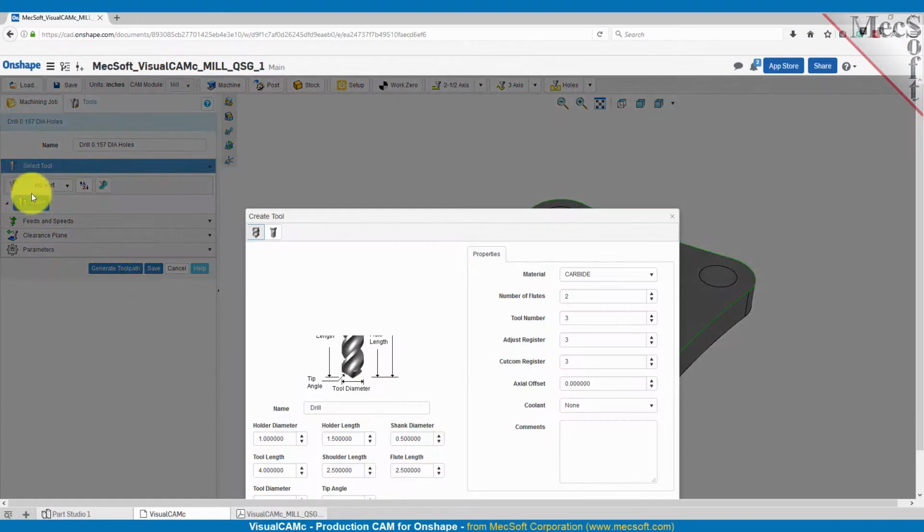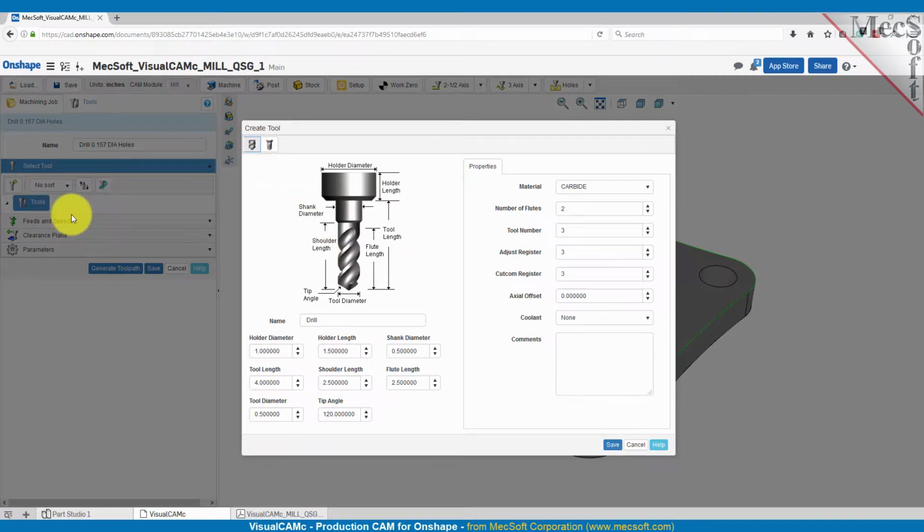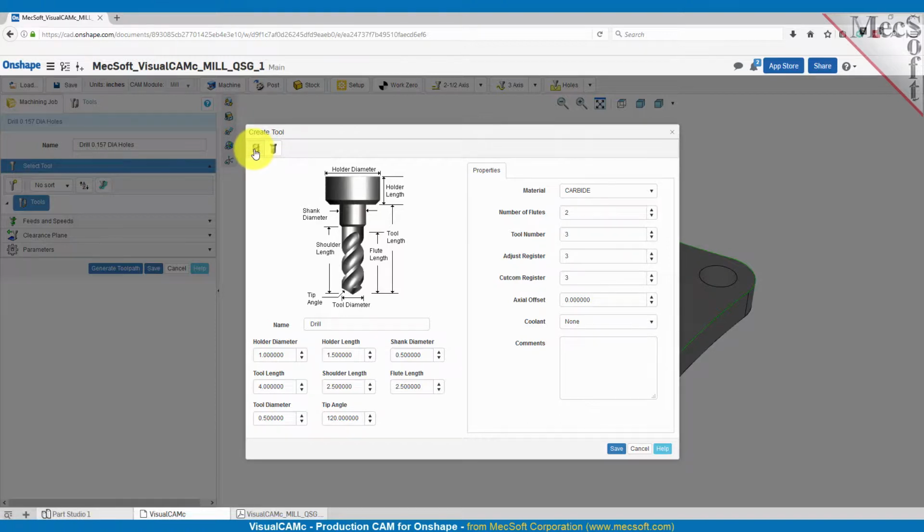create one. And as you can see, you don't have all these different tools to select from. When you create a tool from the toolpath dialog, it knows that only certain tool types are supported by that particular operation. So for drilling, you have your drill tool and your center drill tool. So we're going to create a drill tool, and we're going to name it drill